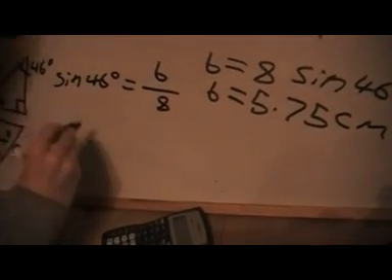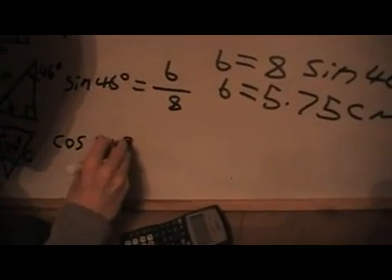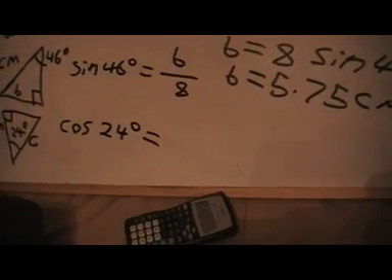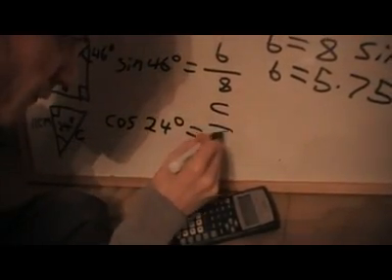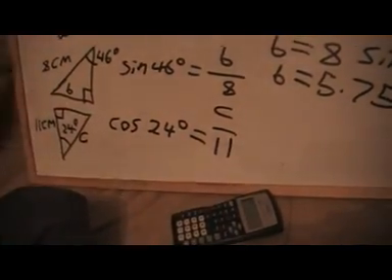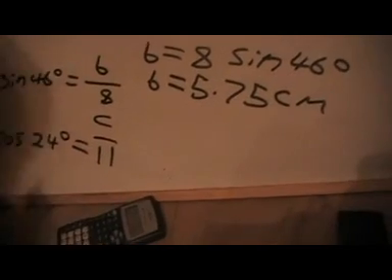So we're going to say cosine of 24 degrees is equal to 11 over C, and then in a very similar way